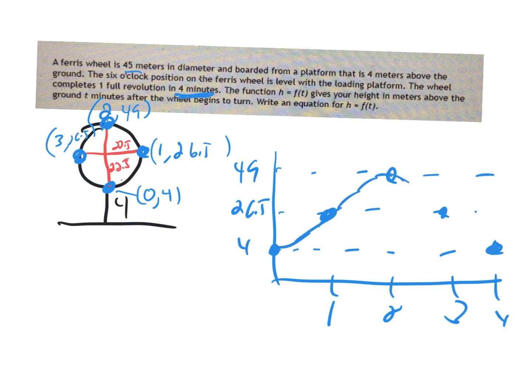And then what I'm seeing, you could go 2 routes. I could go with a sine graph that shifted right 1. I could also go with a cosine graph that isn't shifted left or right at all, but it's reflected around the axis. And that's what I tend to go with. So I know the amplitude is the same as the radius. So I'll say negative